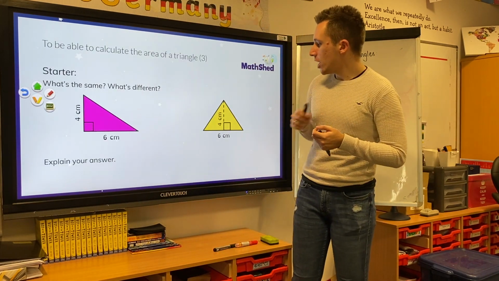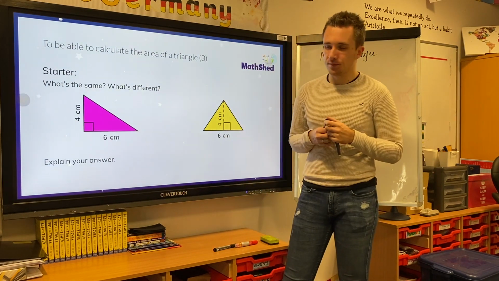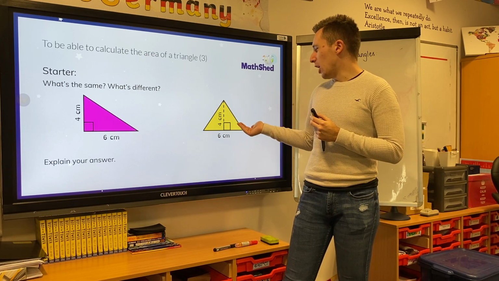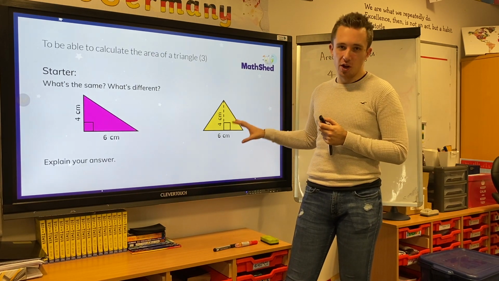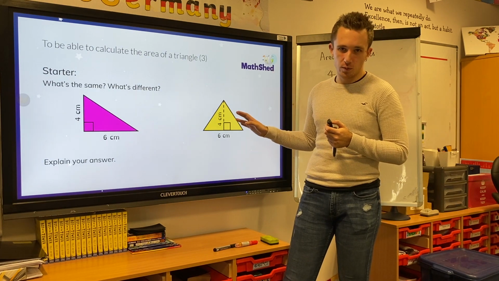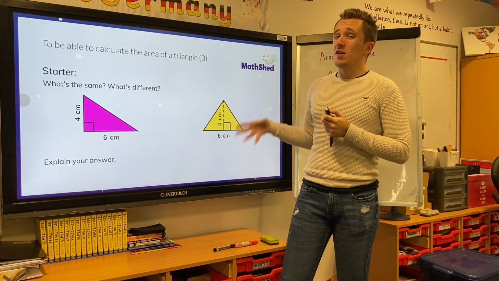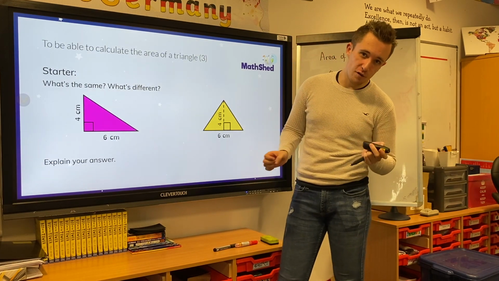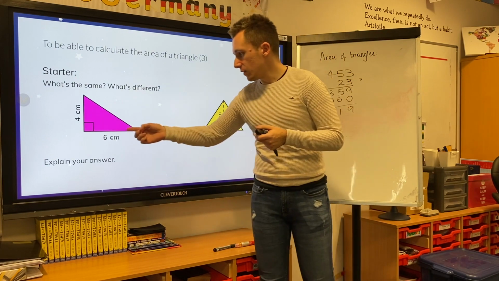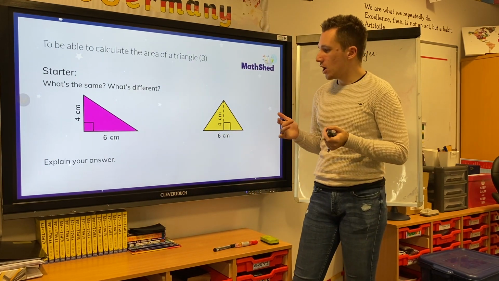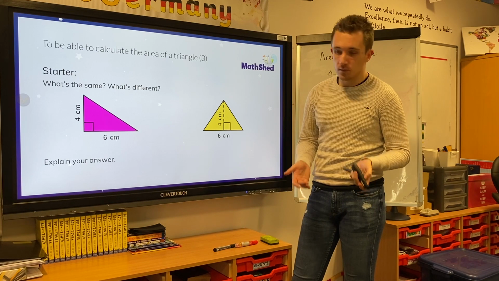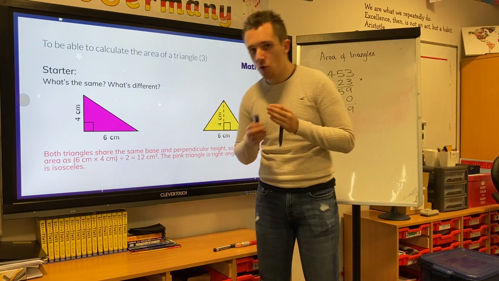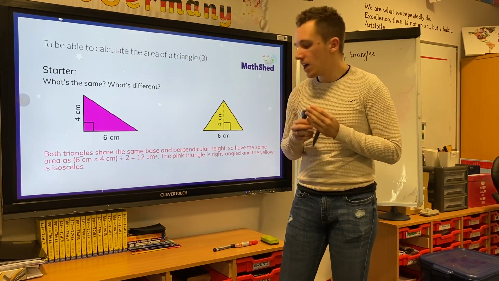So, we have 2 different triangles here. We have a right-angled triangle, and we have, well, it's actually an isosceles triangle, but it just looks like a regular triangle, okay? All you need to know is it's not a right-angled triangle. So, this question says, what's the same and what's different? Well, the difference is they're different types of triangles. But what's the same? Well, what's the same is that they both have the same area. And that's because